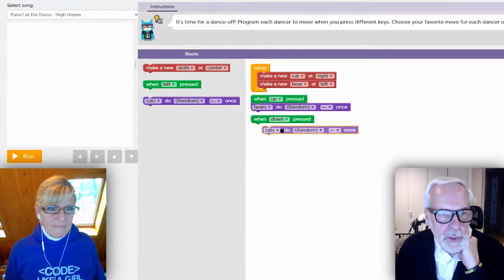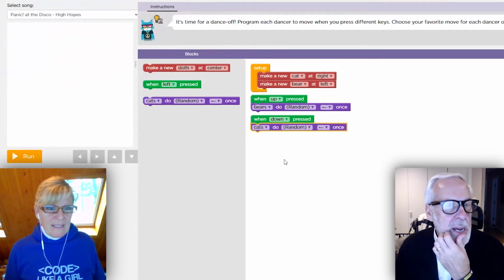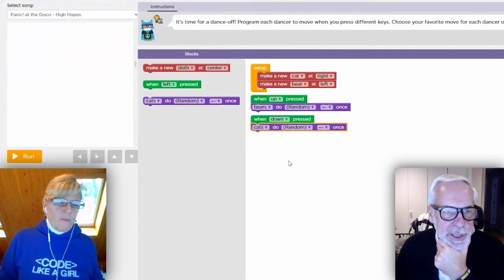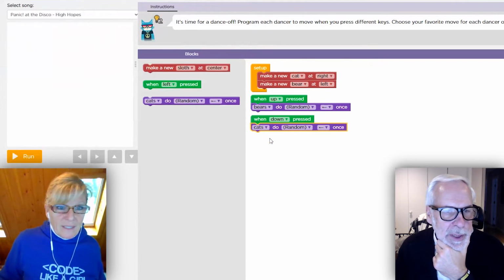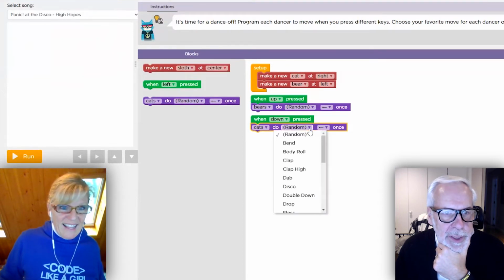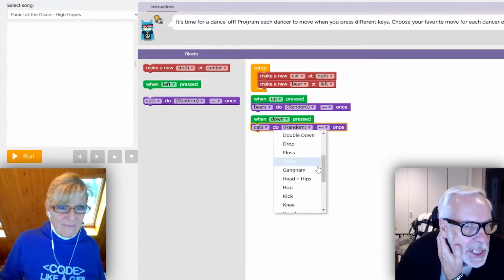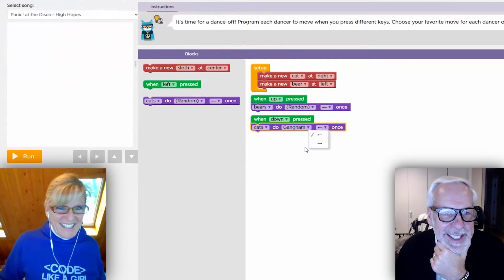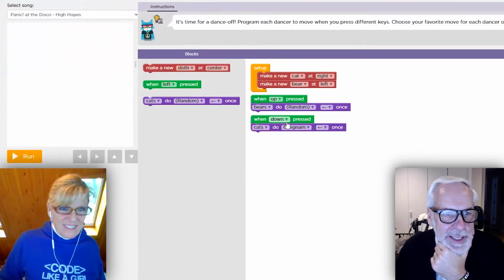So dragging this over like this? Yep. But I thought I had a cat in a sloth, but now I see a bear and a cat. All right, well, you can change them to whatever you want. Well, no, I'm all about the bear. Okay. So the bear is going to do random. Let's have the cat do Gangnam Style. And then, okay, so this is where I got, okay, love it. All right, let's do it.